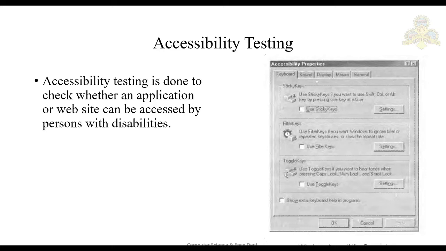Okay. You can see the screenshot over here. These are the accessibility properties which you can see in Windows. Maybe this screenshot is for Windows 7, I'm not sure. But if you want to see the accessibility properties, in Windows 10 you can go to the control panel, and there you have an option called Ease of Access, I guess. There you have keyboard option, sound option, all those things. You can have a look into it.